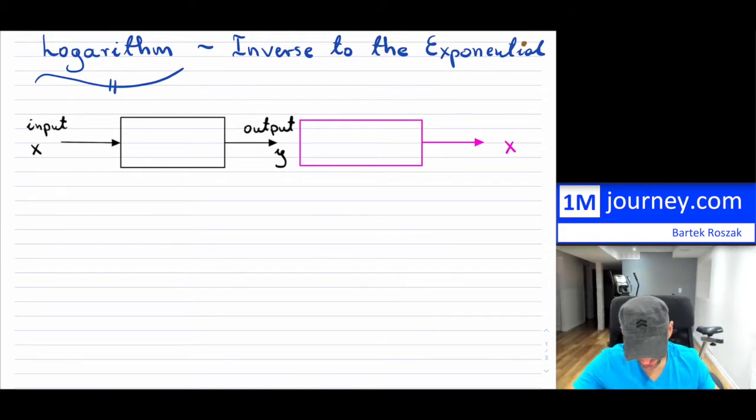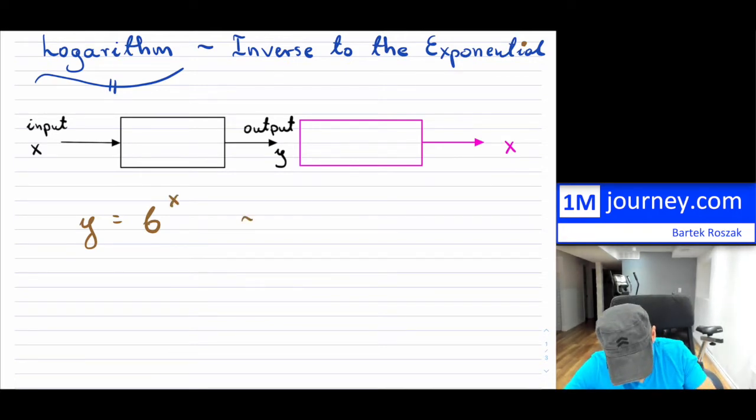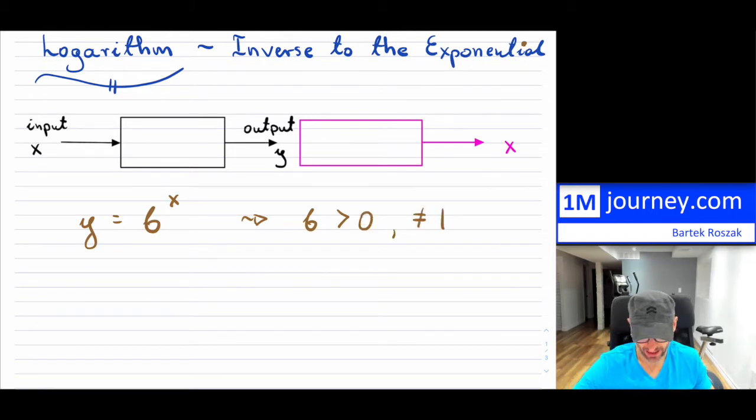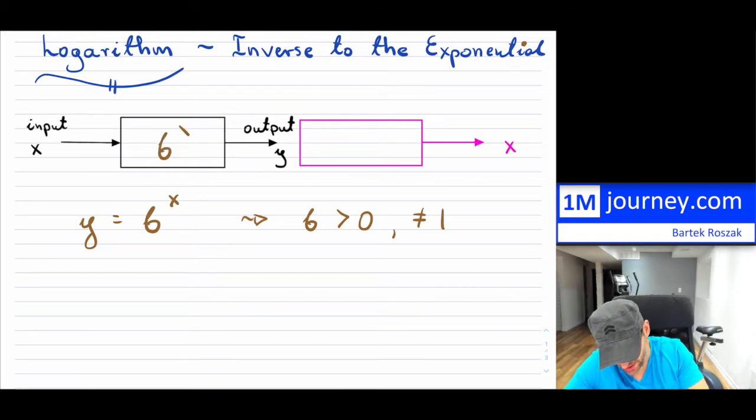Now, if you recall, let's say the function, which is exponential, the simplest one, which I'm going to designate like this, we're going to make the assumption that the base is going to be greater than 0 and that it does not equal 1. And that is something you should know after studying exponentials. Now, here, our b to the x, I'm going to put inside here, so that's going to be my